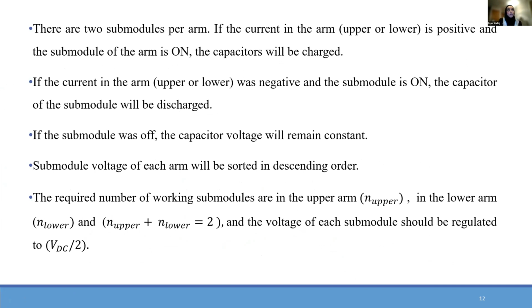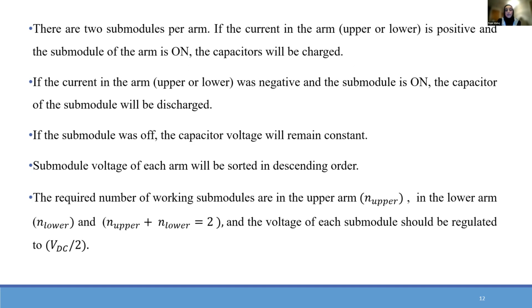So there are many different pulse width modulation techniques used to balance the voltage on the submodules. The technique I use in this proposed hybrid transformer's MMC is phase disposition, because it has a higher capacitor voltage self-balancing capability and also less harmonic distortion for the output voltage. So I will explain the phase disposition